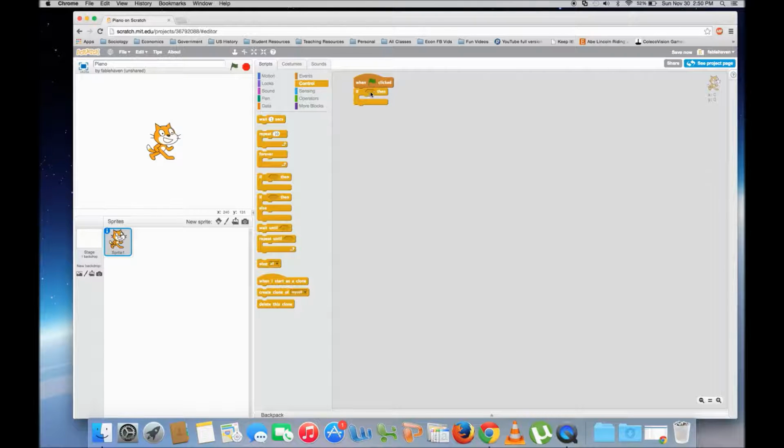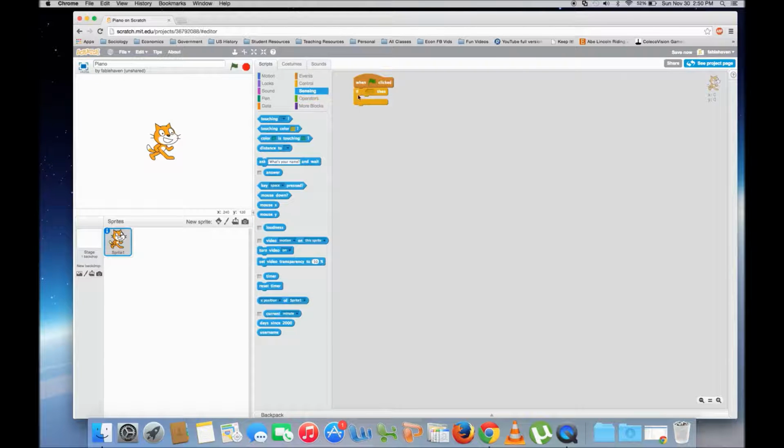So if blank, we want to put in a sensing, because see how these have this shape? That's because those can fit into this little hole right here. So we're going to want a key pressed: if key up arrow is pressed, then we need to choose